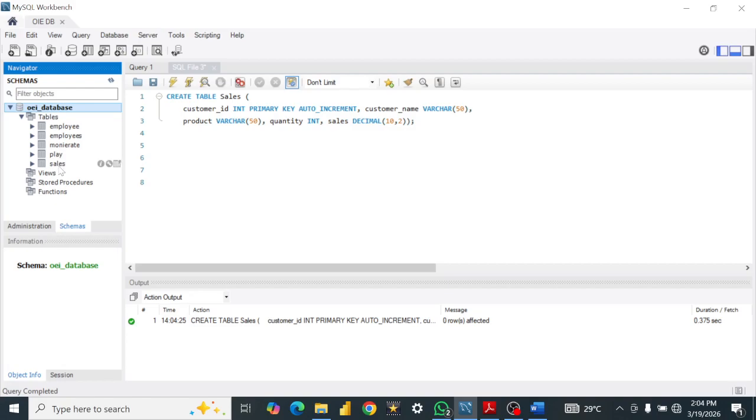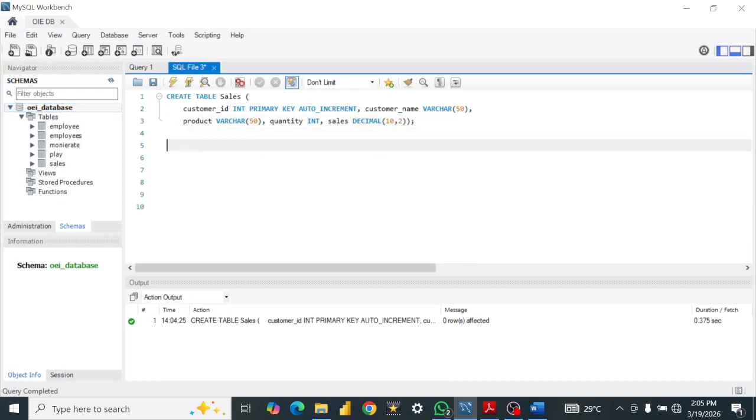So in today's video I'll be using CRUD, which stands for create, read, update and delete, to give a brief explanation of how SQL is used by data analysts. CRUD is a core operation used to manage data in databases. The C in CRUD stands for create. We've just created a table, so the next is to read it. How do you read what you've created? To read your work,